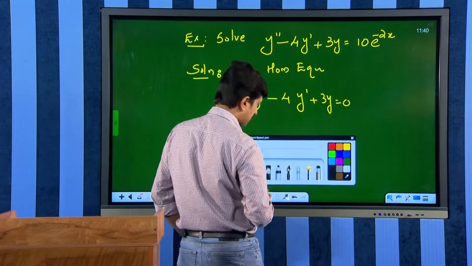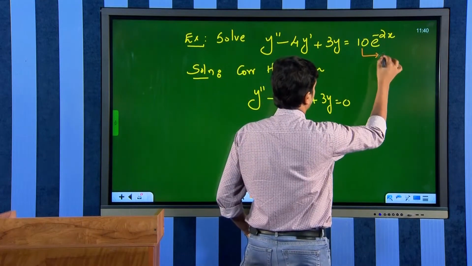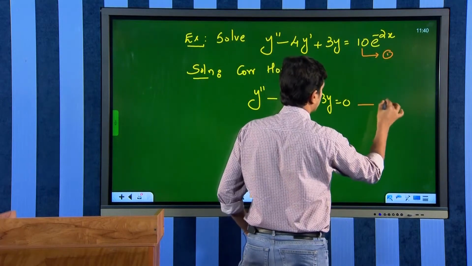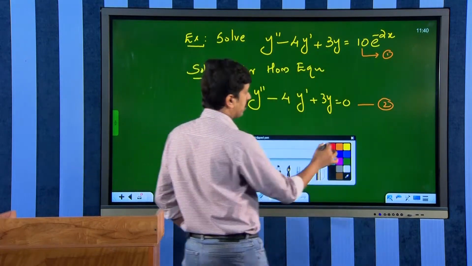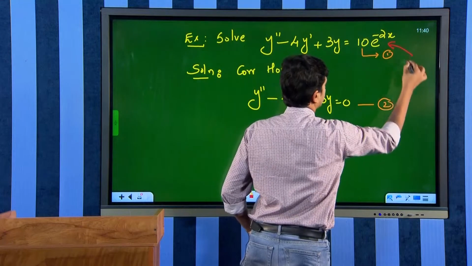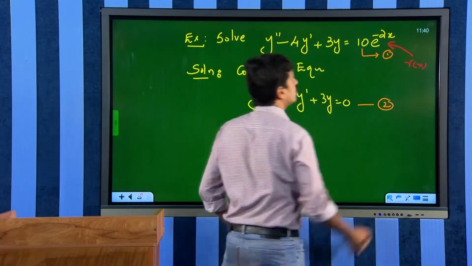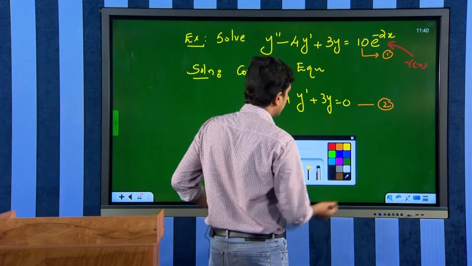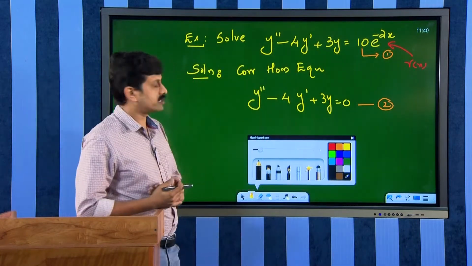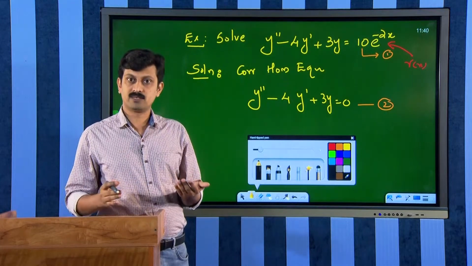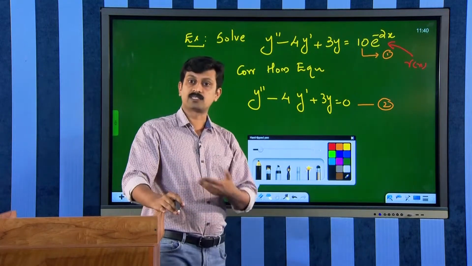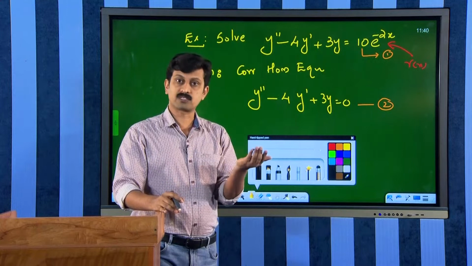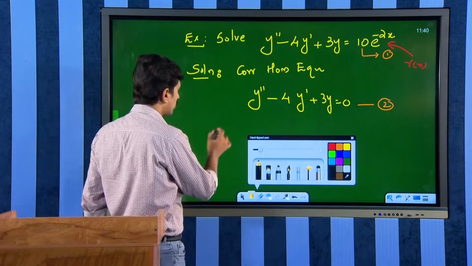I would like to consider the original as equation 1, and this is 2. Here we have the value of r of x as 10 e raised to minus 2x. And here we have the corresponding homogeneous equation. We know this is a second order linear differential equation with constant coefficients. So, to solve this,